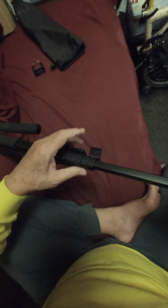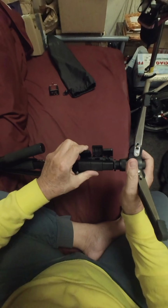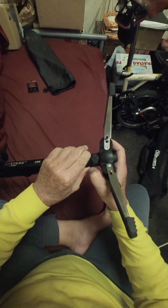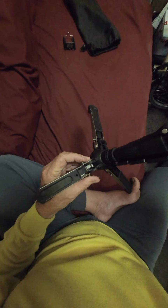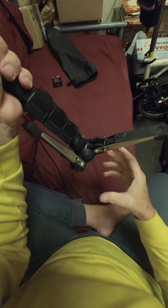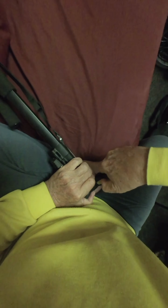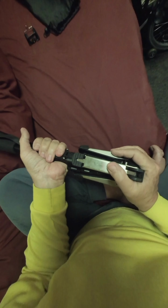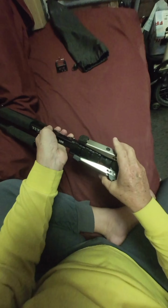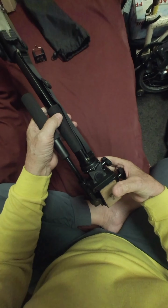And you've got the 3 extendable legs. Be quite a good height. Sits up like that, and these are easily folded up. It's a monopod with a difference, with 3 feet. This whole bottom bit can unscrew as well, so there's a lot of ability to manipulate around. So